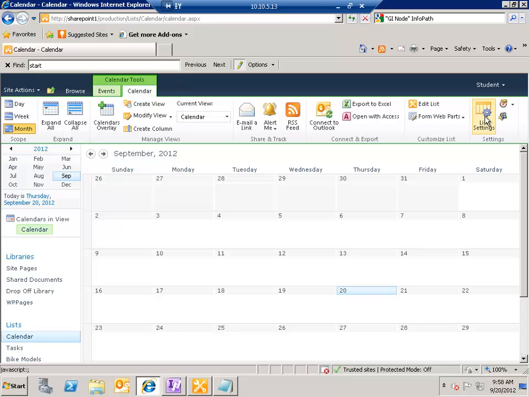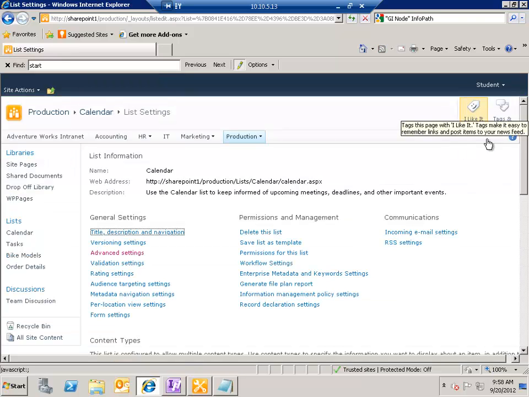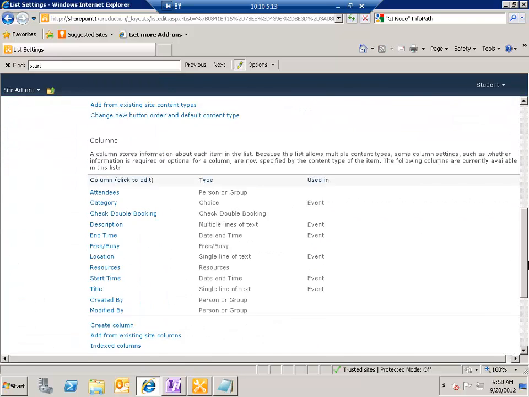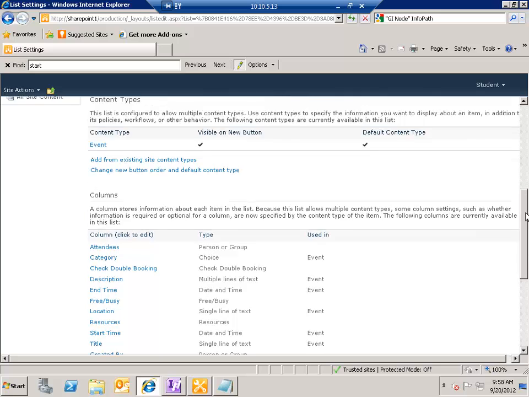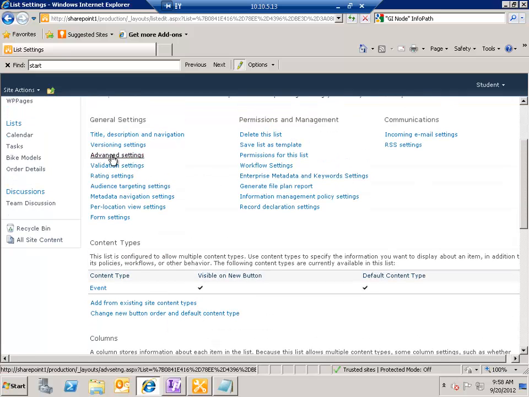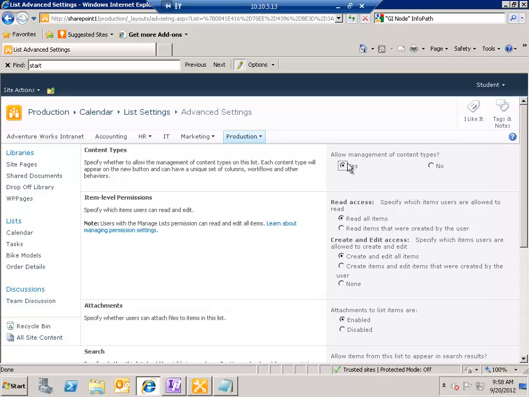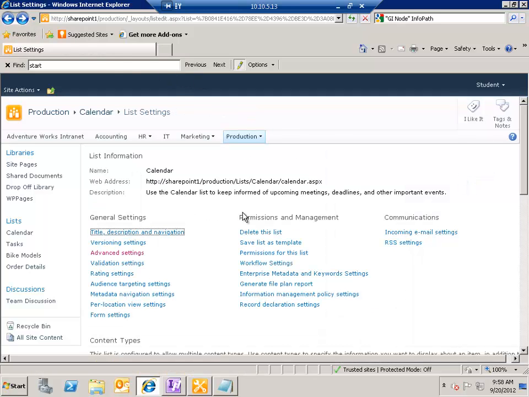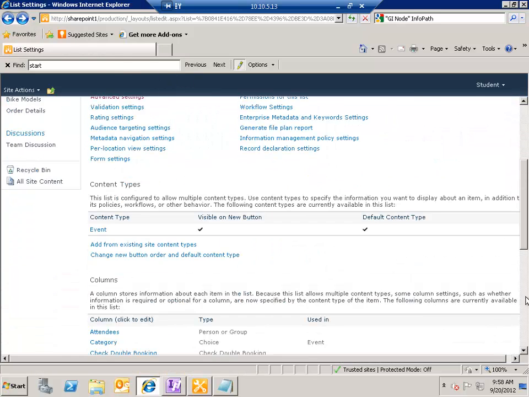And we go into the list settings, and there is a section here called content types. If you don't see this section called content types, you can go into the advanced settings and check the yes option. If that's set to no, which is the default for most lists and libraries, you won't see that section. So that's done in the advanced settings. Once we do see that section,